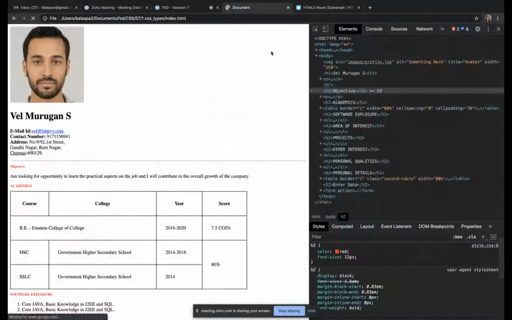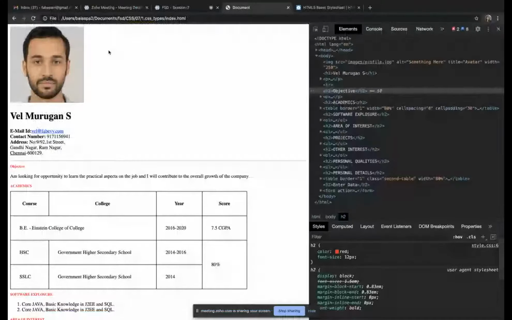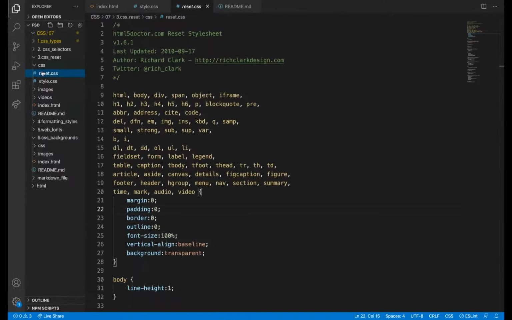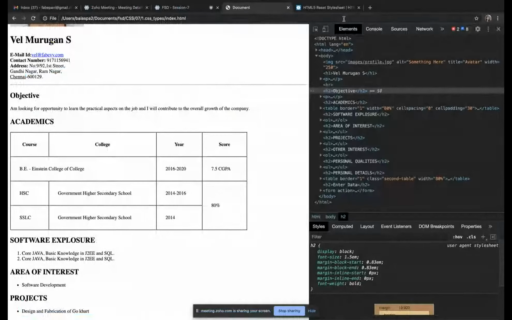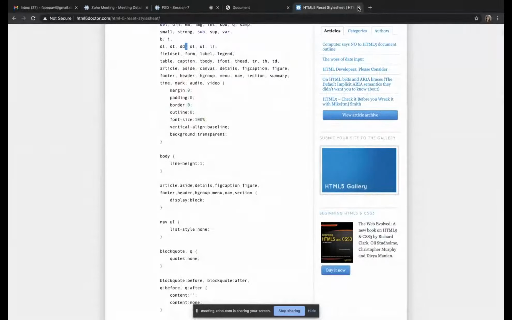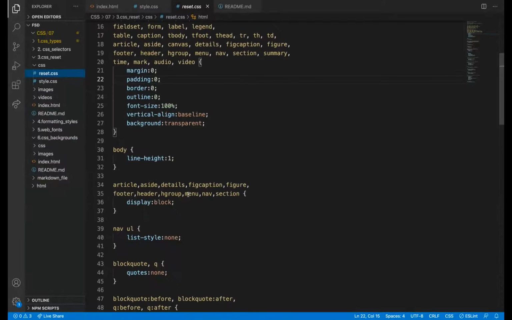First, I can remove this. Fine. There is a reset CSS. I just copied it from the internet, because it will be common. So on the internet, copy this reset CSS and then add it here. How do you link this reset style?